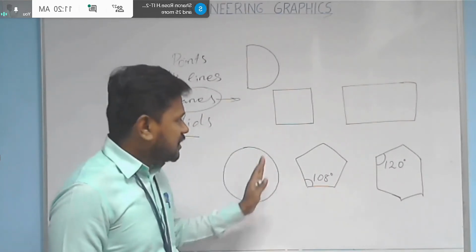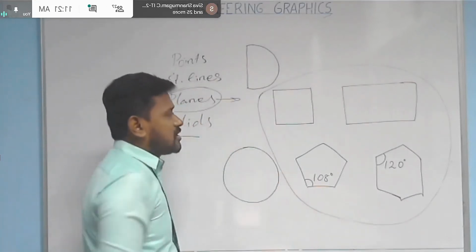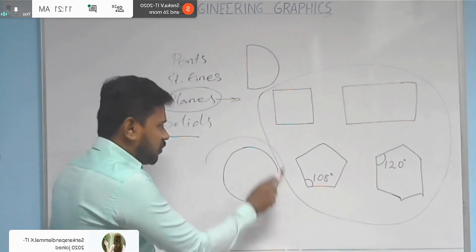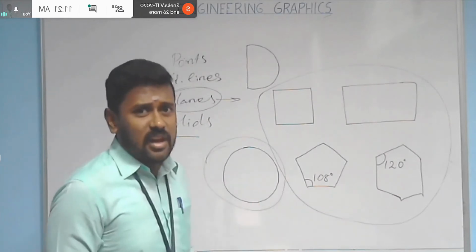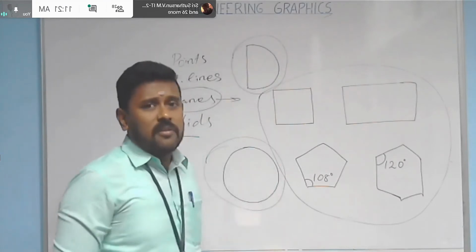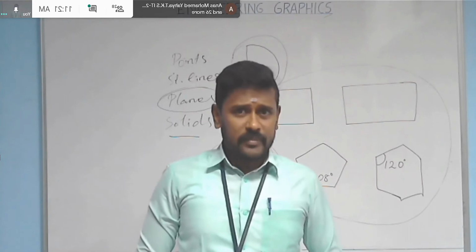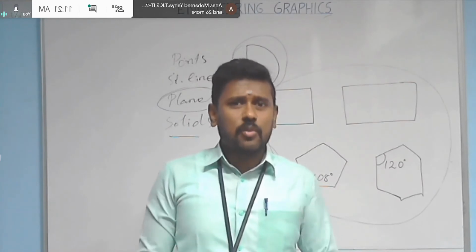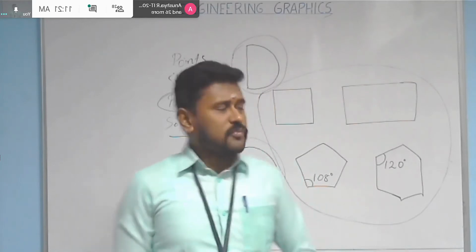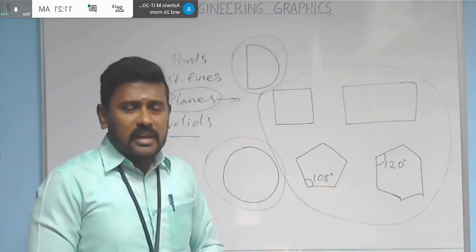And here you can see these planes' boundaries are bounded with straight lines. And for that plane, the boundary is not a straight line; it is a curve. For that one, a combination of curve and straight line. That's what I told you in the beginning. Yes, a plane is nothing but a closed boundary bounded with straight lines or curves or both. So in that case, both straight line and curve bound to give a definite surface.